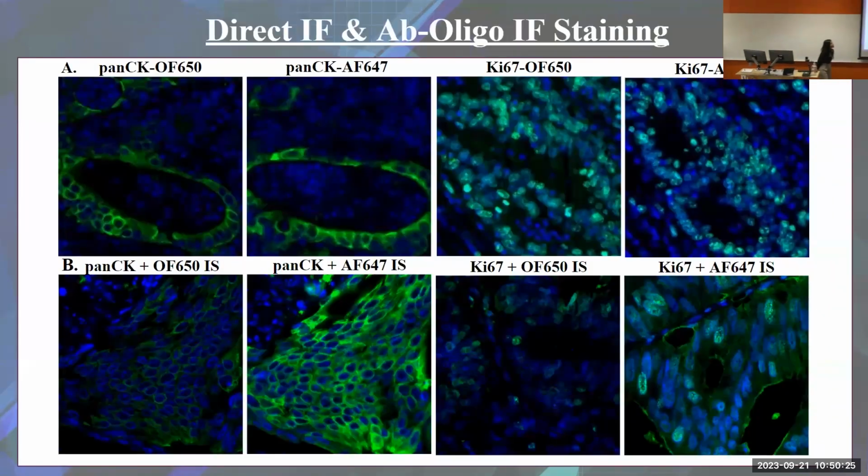And so over here, you can see a representative sample of the experiment we performed, where the first row is the colorectal cancer FFPE tissue that is stained with antibody and fluorophore conjugates. And then on the second row, you can see the same tissue, but stained with antibody oligo plus imaging strand conjugates. And so as you can see in these top two right here, they're pretty much the same brightness and specificity, so they're pretty comparable. But then when you look at the Ki67 ones on the top right, you can tell